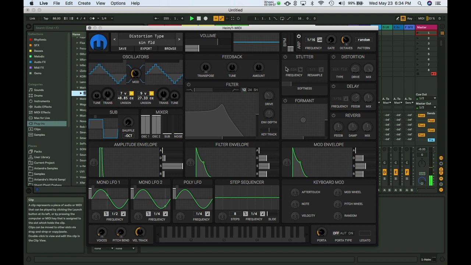So yeah, a lot of fun with that. Then over here you have a sub oscillator. You can turn that up here on the mixer. Right now it's just a square, but you can choose whatever shape you want, so maybe a sine wave. You'll need pretty decent headphones or speakers to hear that bass tone, but if I go up an octave,